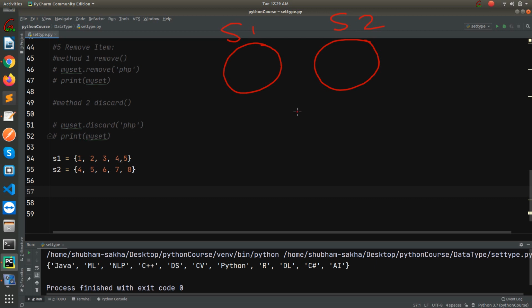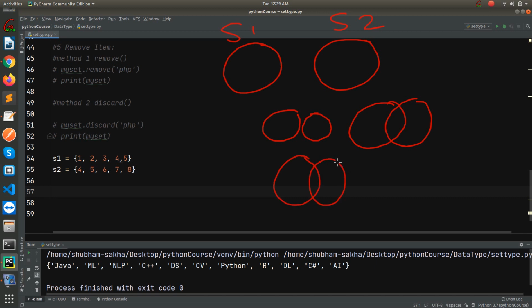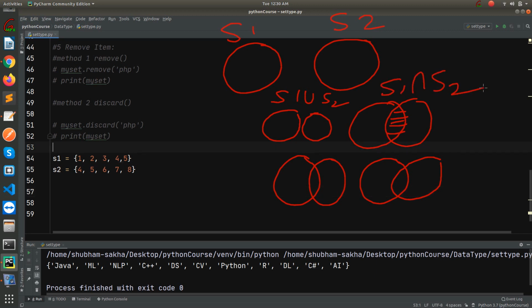There might be two to three scenarios. We can call this the union, S1 union S2. This part is the intersection, the common part between the two sets. So S1 intersection S2.